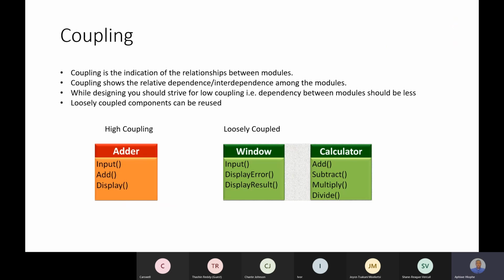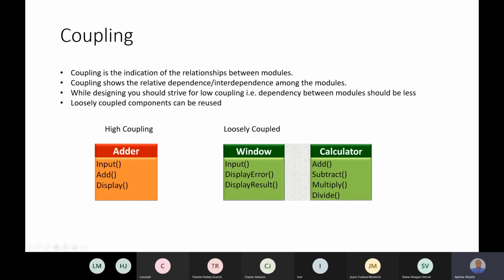Now, on that aspect of independence, there's a particular term we use in software engineering, which is called coupling, okay? Coupling is the indication of the relationships between the modules. So we're looking at the interdependence, okay? Coupling shows the relative dependence and interdependence amongst the modules. While designing, you should strive for low coupling. Dependency between modules should be less, loosely coupled. Components can be